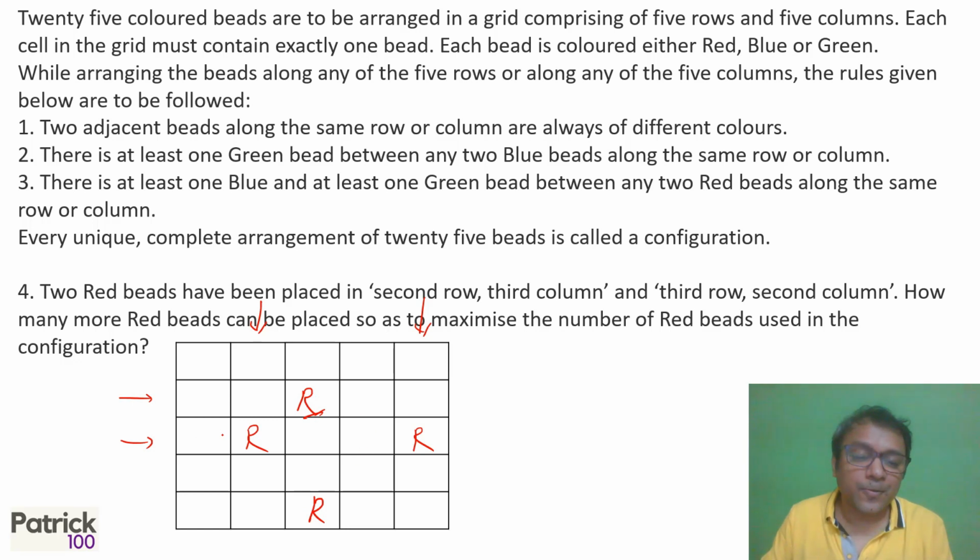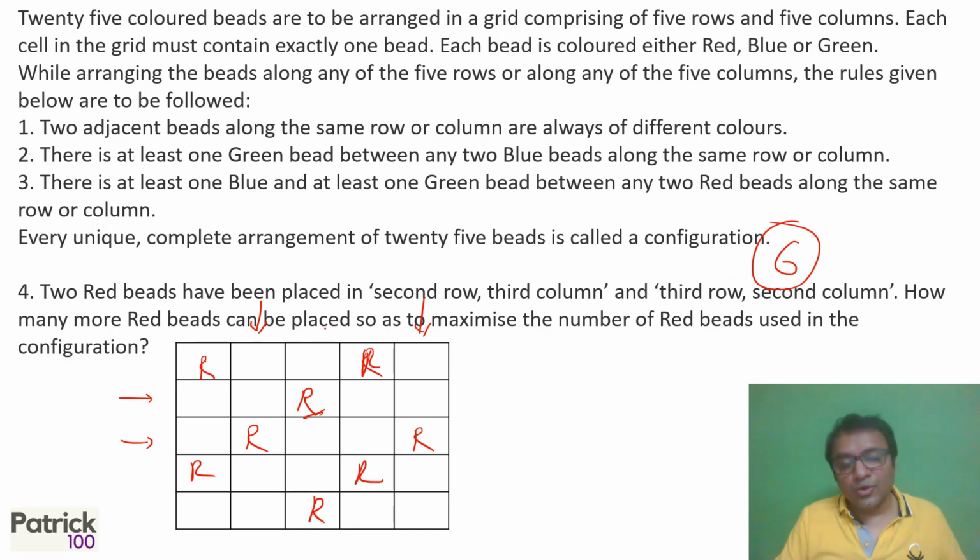So automatically, then if you look at it, I can have maybe one red out here, and one red out here, which is possible. This I got a hint from the first question. So there can be total 8 reds. So I already put 2 reds. How many more required? 6 more required. So answer will be 6.